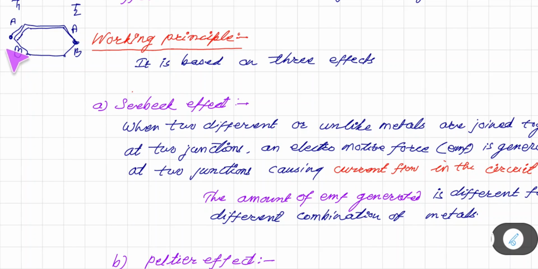As an electromotive force is generated between these two junctions, obviously the current will start to flow from higher potential to lower potential, and without connecting an external battery, the electromotive force is generated, which depends on the temperature. As the temperature difference is larger, there will be a larger potential difference. So the amount of EMF